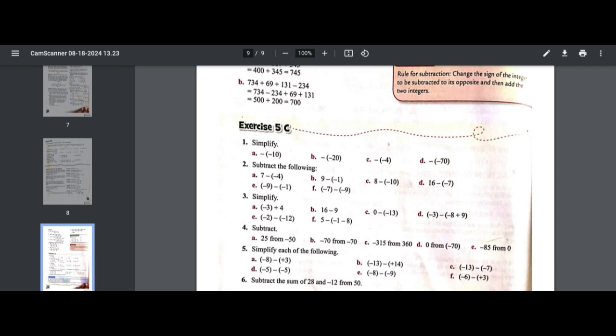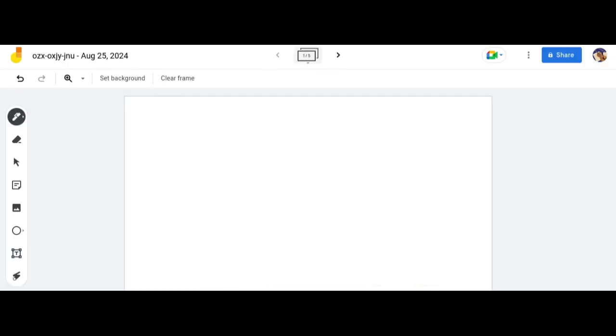Not really sure, but I think minus equals plus 10. Right? Yes, exactly. You got the correct answer, plus 10. You can write the answer in your book. You have to put it like is equal to plus 10 right in front of this question.